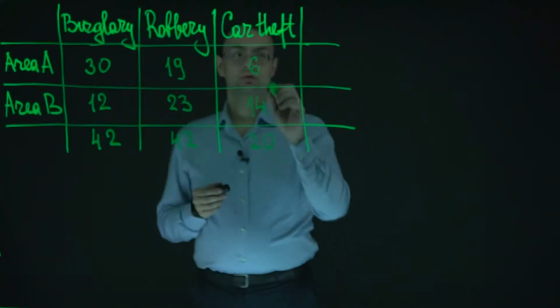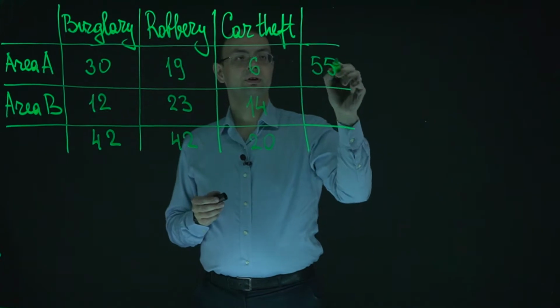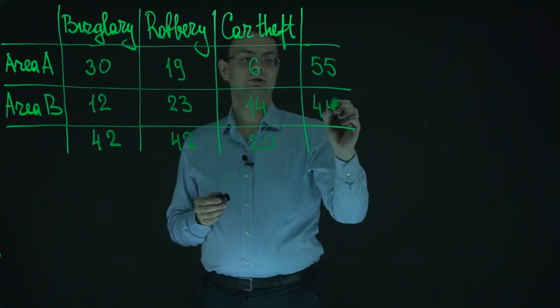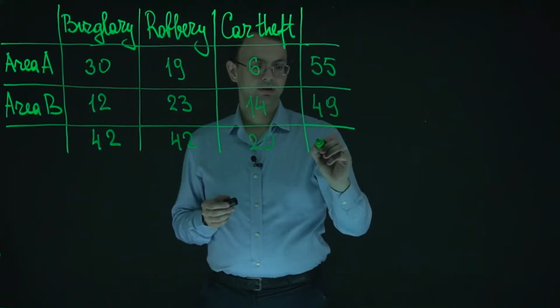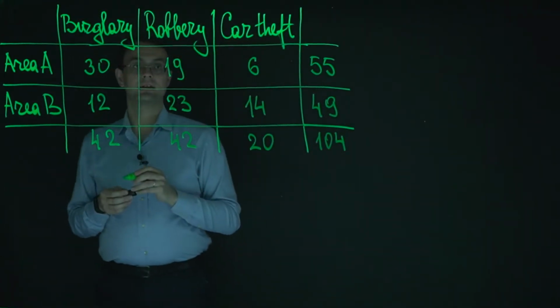And so the total number of crimes for area A is 55, for area B is 49, that means totally 104. So this is the contingency table